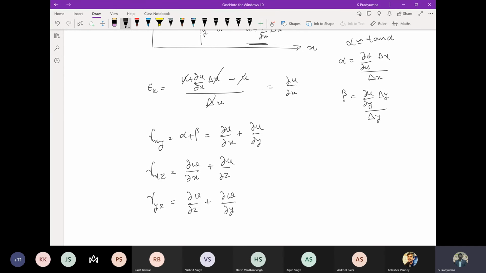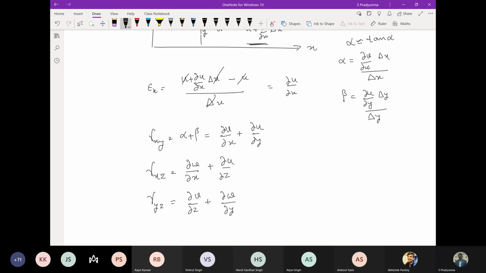So stresses are known, strains are known. If you know the displacement, for example, in any case you want to solve this problem, what you do is you assume some variation for the displacements, how u is changing, how v is changing, how w is changing along the x, y, z directions. If you can formulate it using some polynomial or some mathematical functions, you can generate the strains.